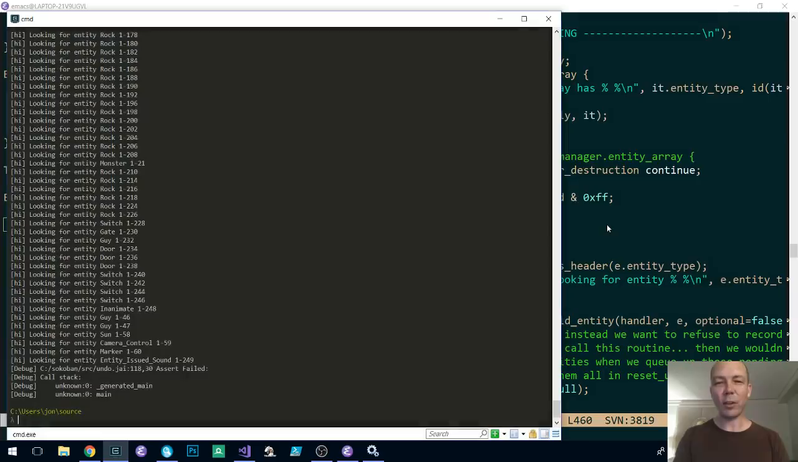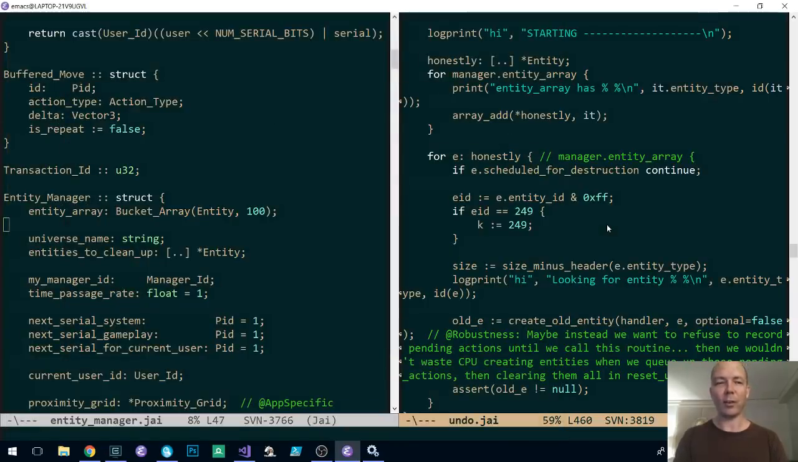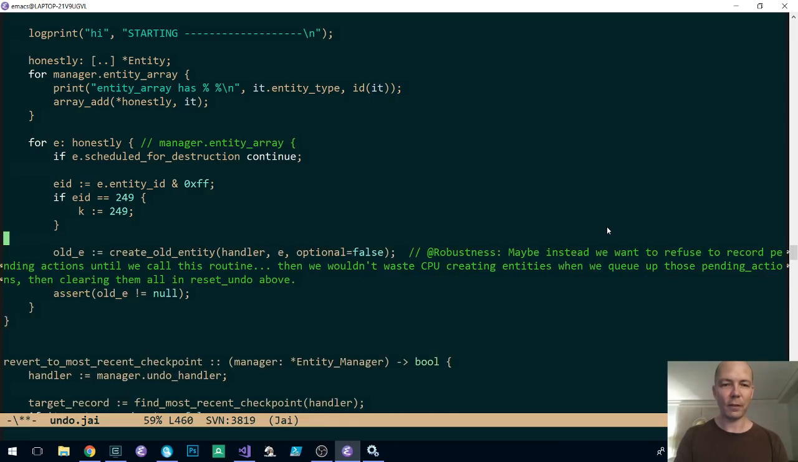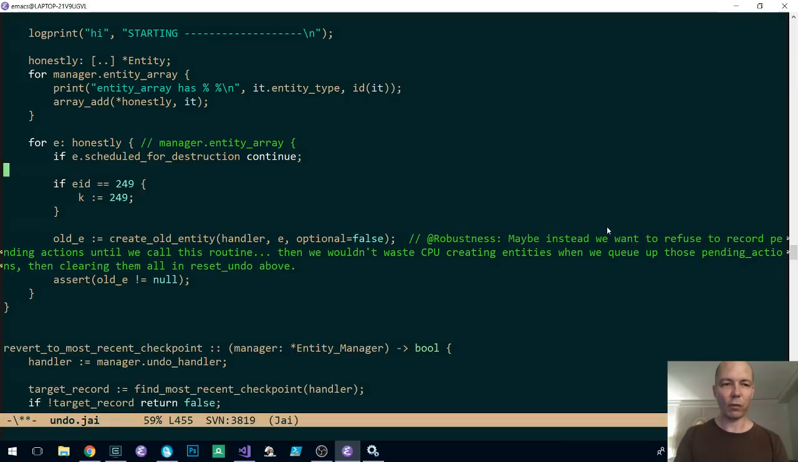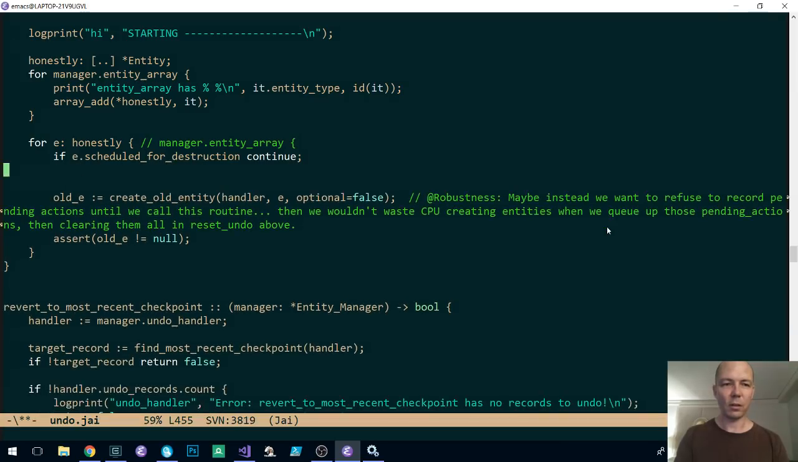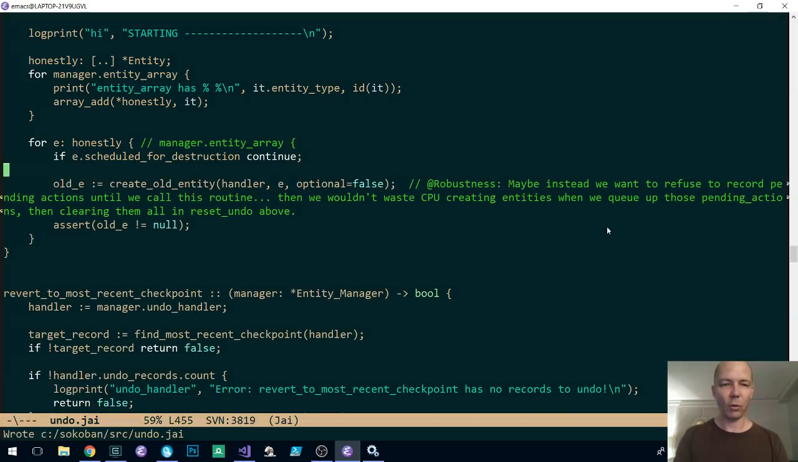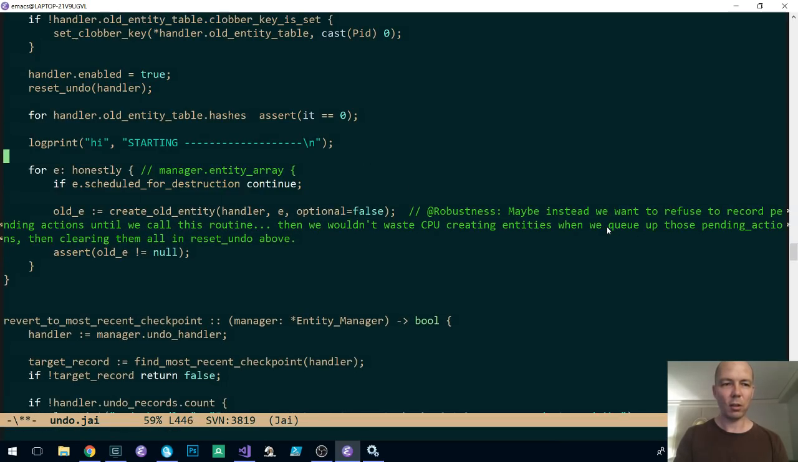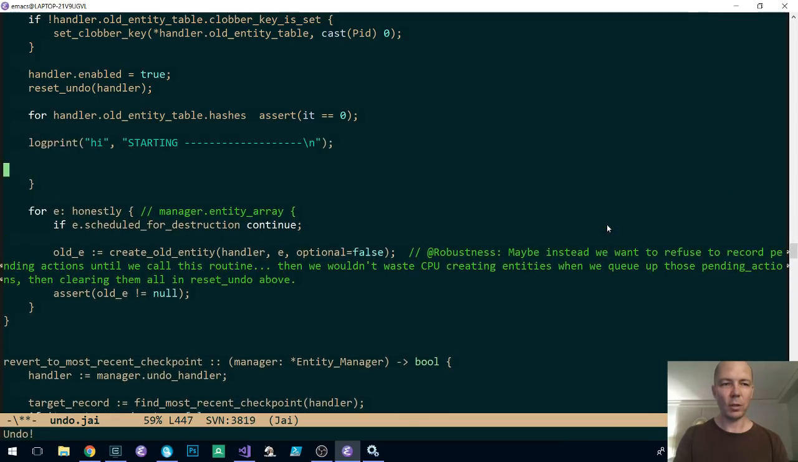Okay, what even the hell was I doing 10 minutes ago? Right, I was realizing that I'm modifying this bucket array while... Okay, we got to get rid of all this stuff. All this stuff. So optional is false. That's going to stay. We're getting rid of honestly. Oh, we need